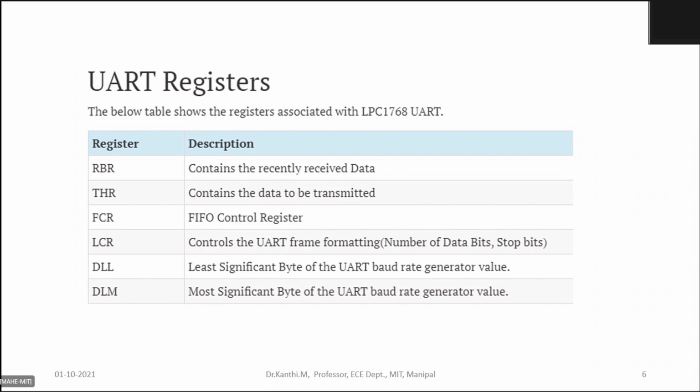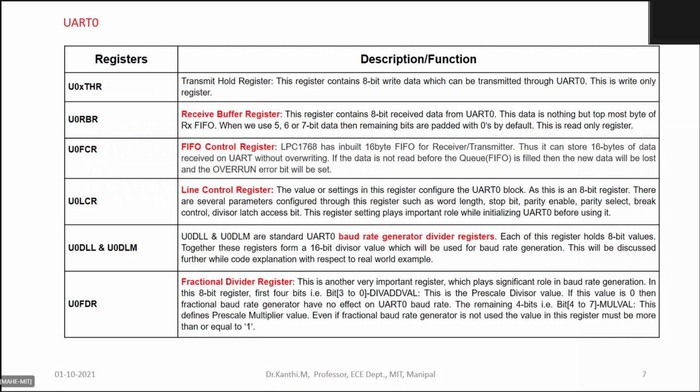So coming to the various registers of UART, we have RBR and THR, that is the receive buffer register and the transmit hold register, the FIFO control register, the line control register, and we have the divisor latch low and high. These are used for setting baud rates. So let us see the different registers in detail. THR, which is the transmit hold register,